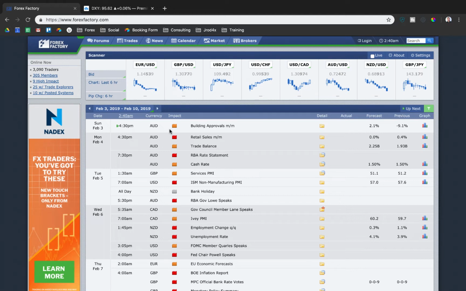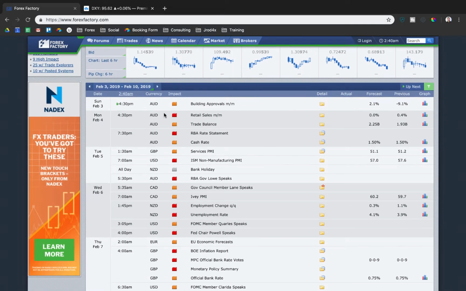Looking at the economic calendar for this upcoming week, we have Australian dollar news for Sunday at 4:30 p.m. So we've got Asia session Australian dollar news, but I wouldn't recommend trying to take any trades as early as Sunday. But I do think with this week, now that we have FOMC and NFP out of the way, we should expect a little bit more volatility within the markets and a little bit clearer price action as well. So I will pretty much resume back to my normal trading this week.